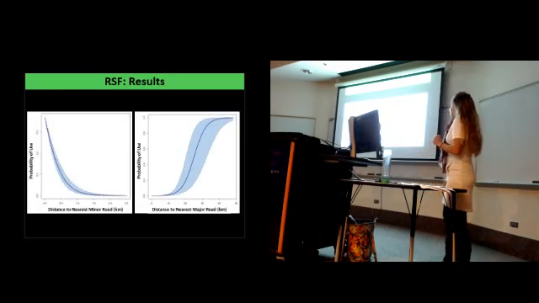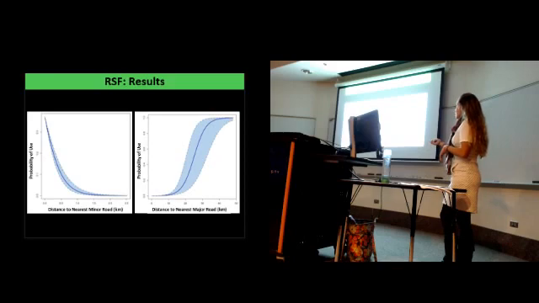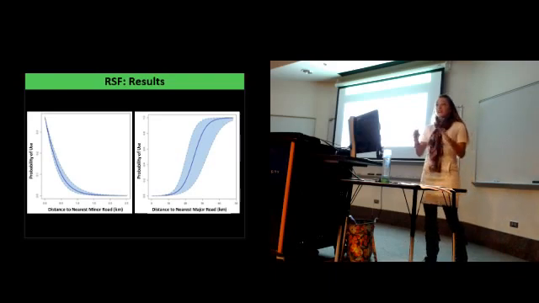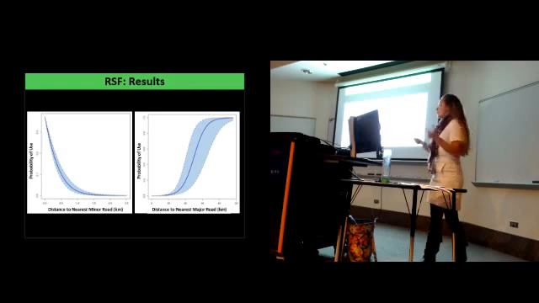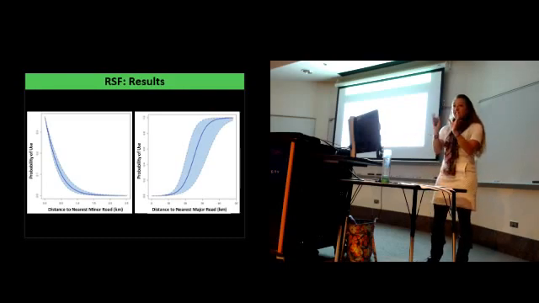On this figure on the left, we see probability of use as a function of distance to the nearest minor road. And as distance to the nearest minor road increases, probability of use dramatically decreases. In southern Idaho, where barn owls occur, it's an agricultural matrix, and those agricultural fields undergo a lot of rotation and disturbance. However, the strips of vegetation associated with secondary roads are always constant and provide refuge habitat for small mammals. So barn owls can always find their small mammal prey in those verges, and probably that's what's driving this